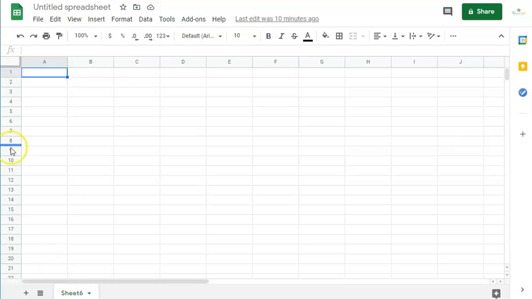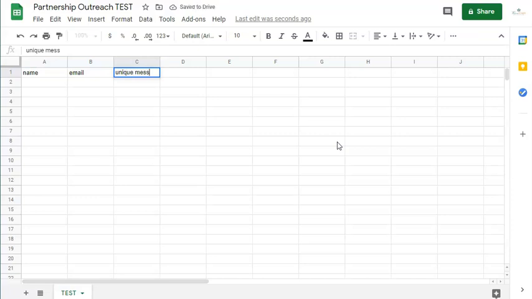Okay, so we're going to start with, we're going to title it, right? So we'll say partnership outreach, we'll say test. Okay, we're going to name our sheet, we'll say test. And now we are going to name our columns. Naming the columns is extremely important because in Zapier, it pulls from the columns that you create. So we're going to start with name, email, unique message,